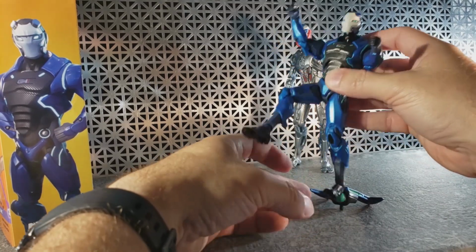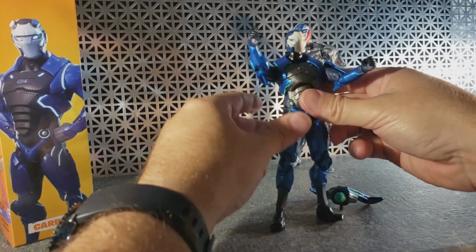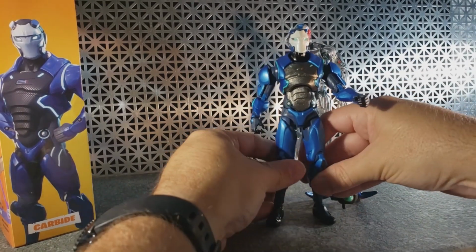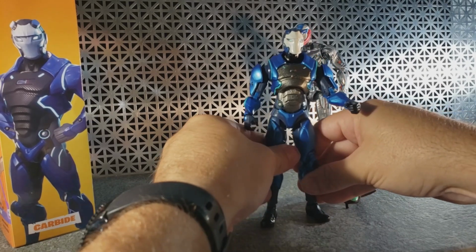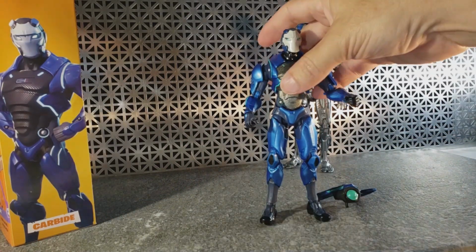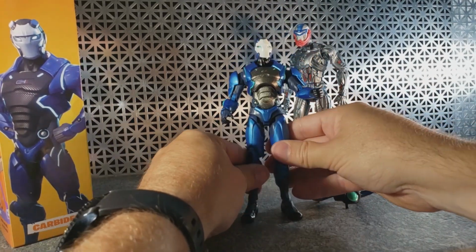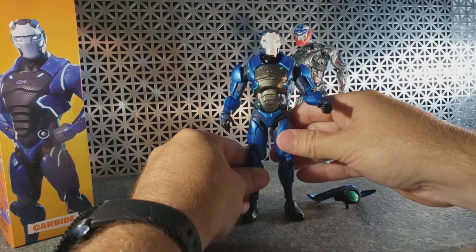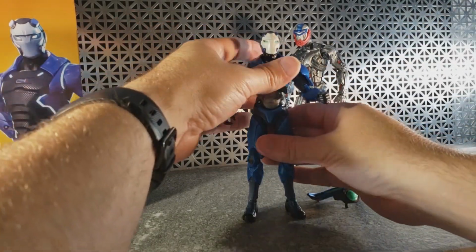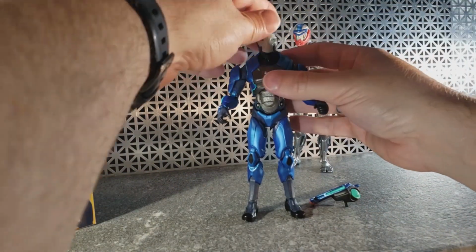and articulation in every direction. Really nice. We'll get him in some poses when we finish the review. But there he is. His ankle joints are a little loose, so it's been a little hard getting him to stand sometimes. If you notice, it's almost like those ball joints are so loose that the tightness isn't quite enough to hold up his weight, but it does work. Might have to bend some of these things forward just a little bit to kind of give him a definite